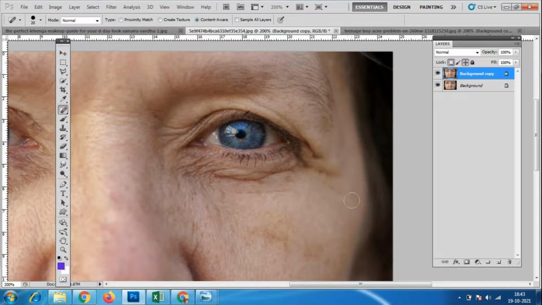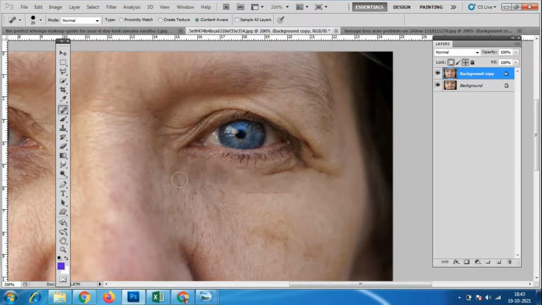Please follow how I'm doing. Some students get excited and want to make this lady young. Don't, it is not possible. Only where it is necessary can we use it. Okay, small things. Look here, the wrinkles near the eye are small.